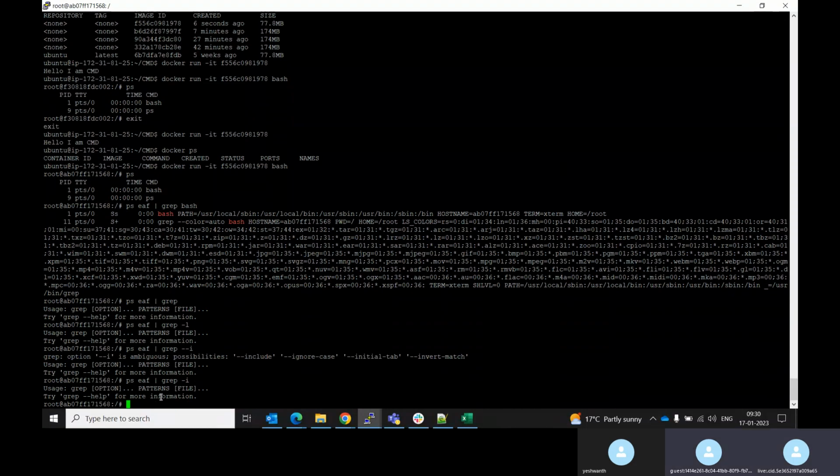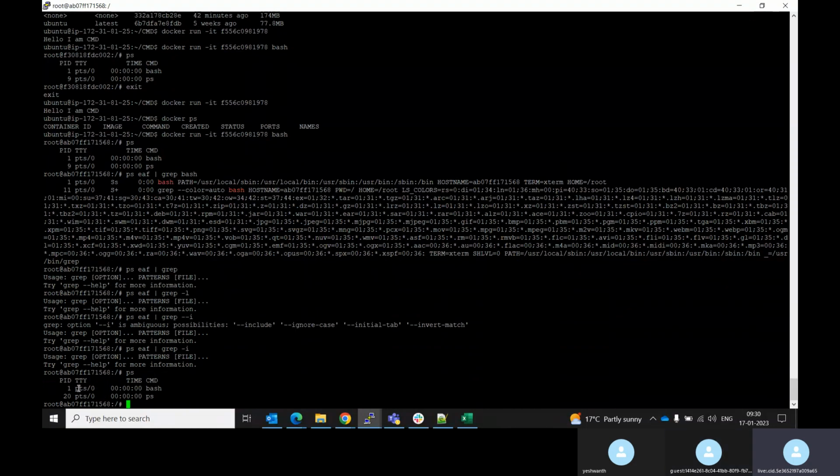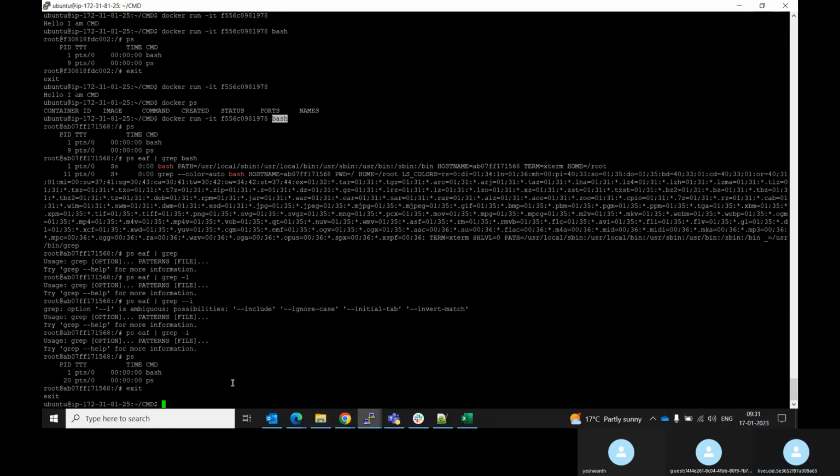Okay, see, whatever the ps -ef | grep. Okay, let's leave it like that only. If we are running any other thing, I will show you. Whatever the process you are running after the image ID, it will be taken as the PID 1 process. If you have mentioned something in the Dockerfile, now as I mentioned here, if you go back from here,